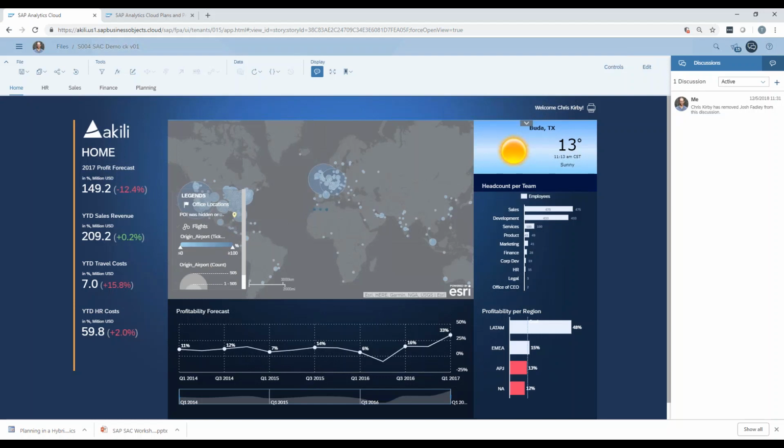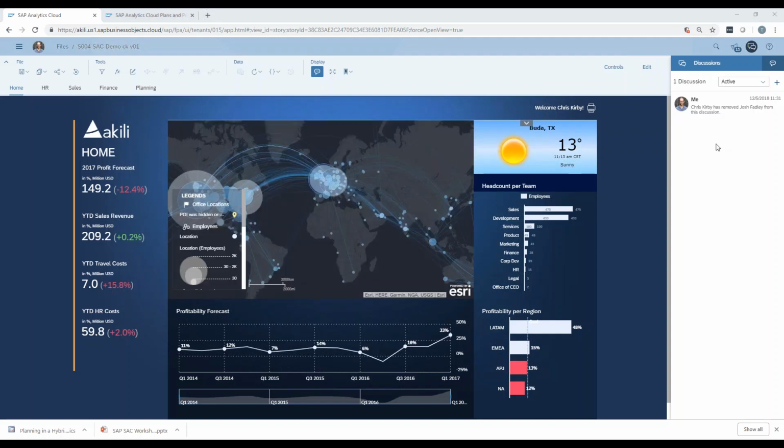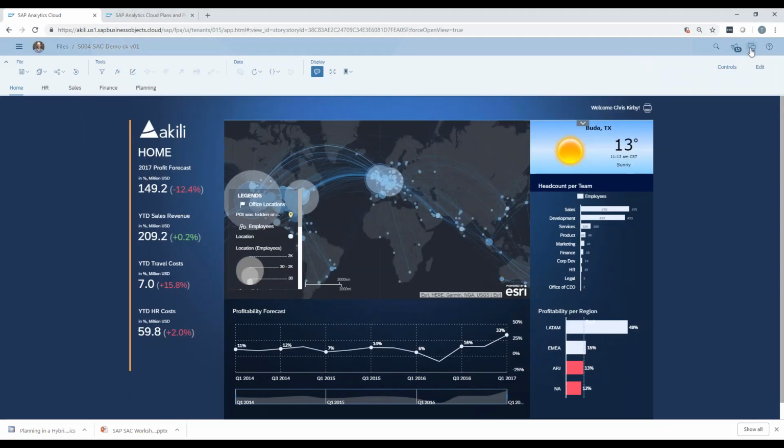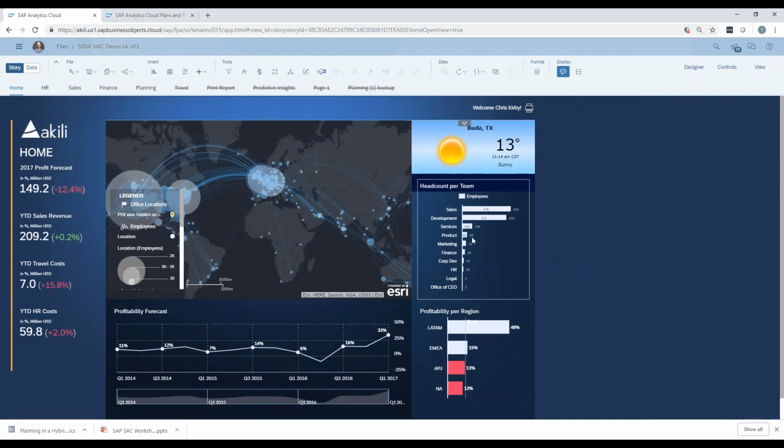One of the things that I want to mention about this too is that we were talking about the ability to blend data together, to bring different data sources together in a single place. So over on the left-hand side of this screen, I've got some KPIs that we've chosen. This is a fictitious consultant company with some mock data in it. These KPIs are coming from disparate data sources. So if I wanted to show you where those are coming from, I can click on this tile, for instance,